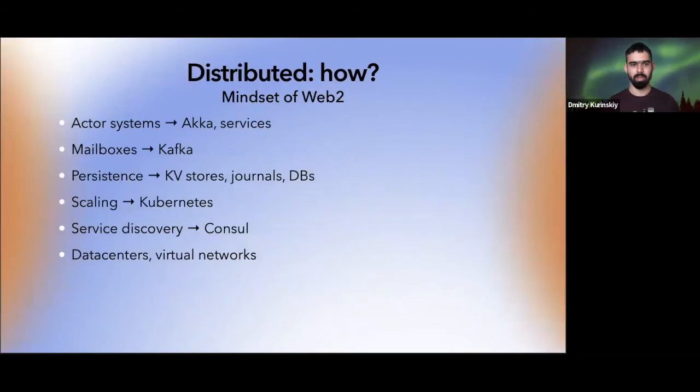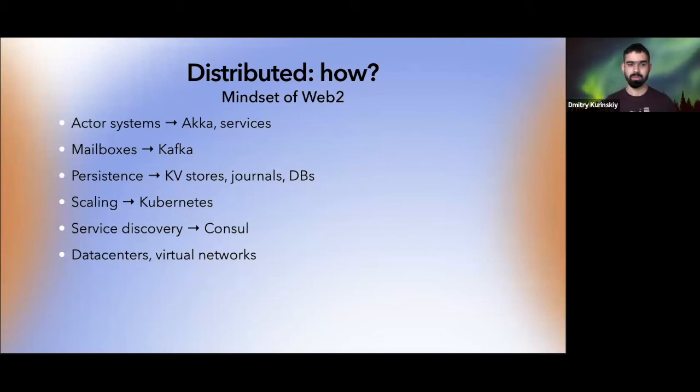And let's get back to distributed. Okay, if I want to make a new fancy backend for a Web2 application, how do I approach it, what's my mindset? First of all, I have a lot of experience. There are articles, software, it evolved over decades. But essentially, I have some problems or domains identified, and I have implementations of approach to these problems and domains.